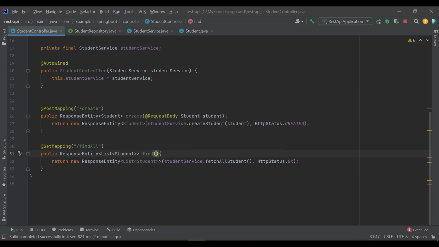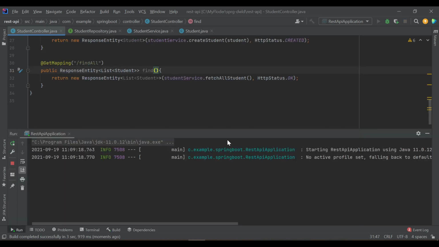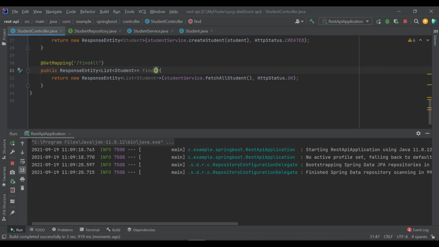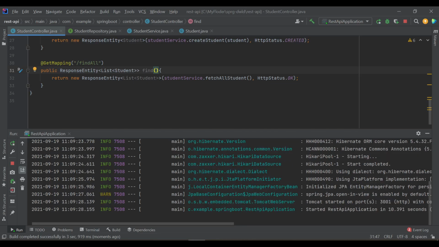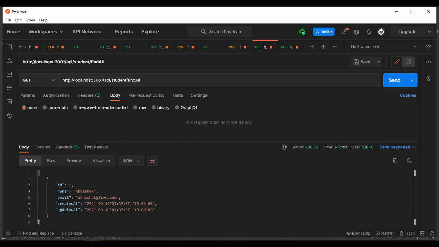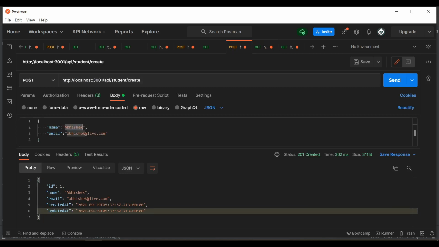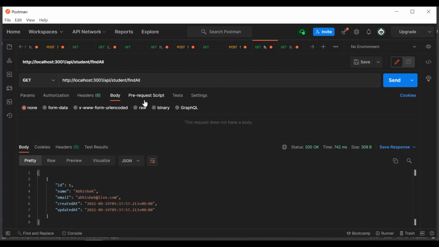Just save and rerun. You see this object which we have inserted, it is here. Now let's insert the next object called Aryan. I will use an email called Aryan. So let's hit the send button. So you see ID 2. Now if we fetch all, we will get 2 objects.